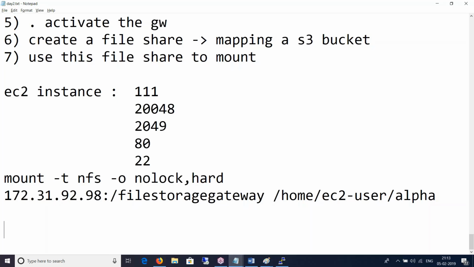And if I mount one S3 bucket on an EC2 instance, and I share a folder from that mount point, I think that will be the same as storage gateway. That is a storage gateway, yes, because you cannot directly mount an S3 volume. In S3, you have no option to mount it as a volume on an instance.